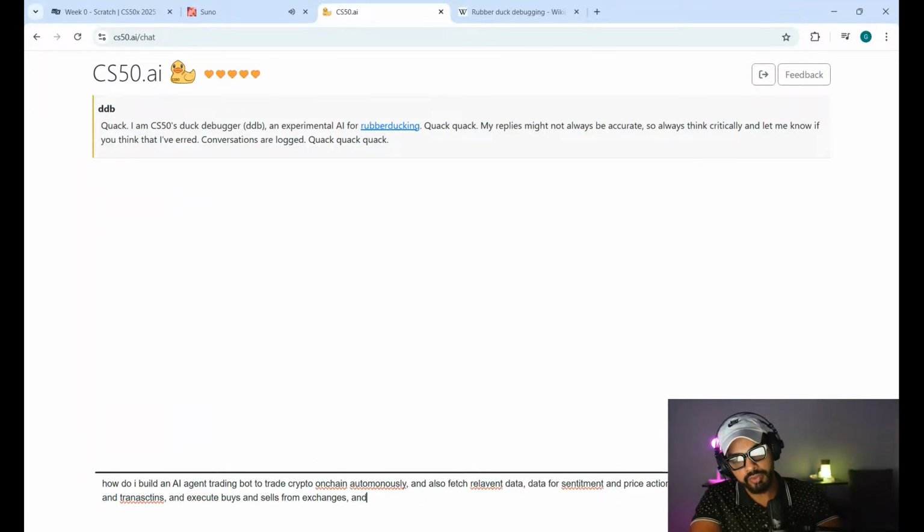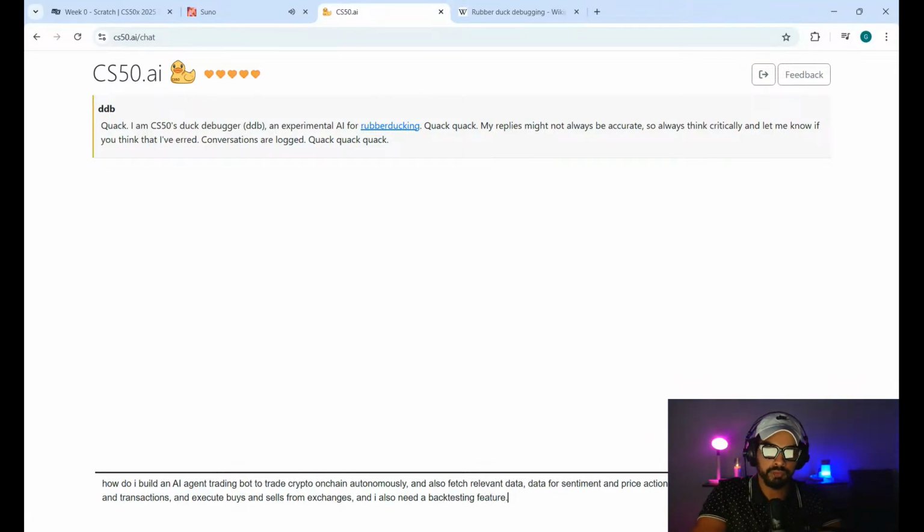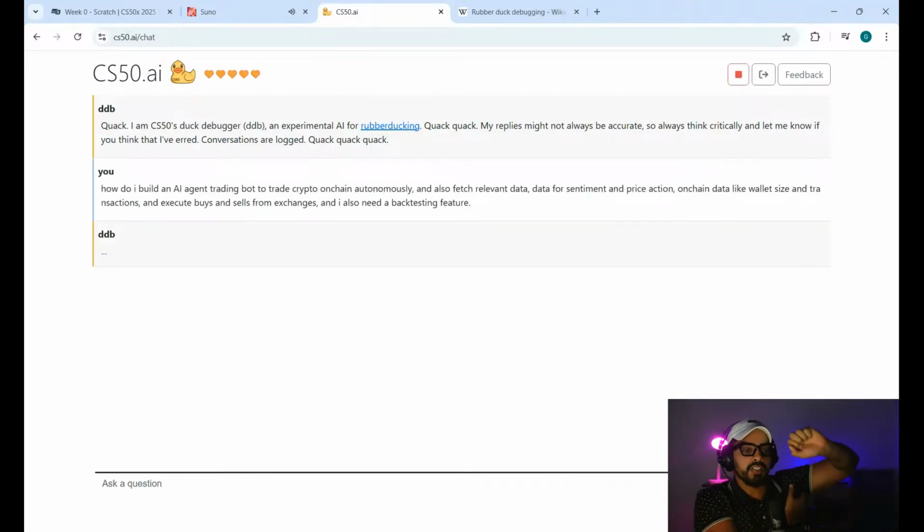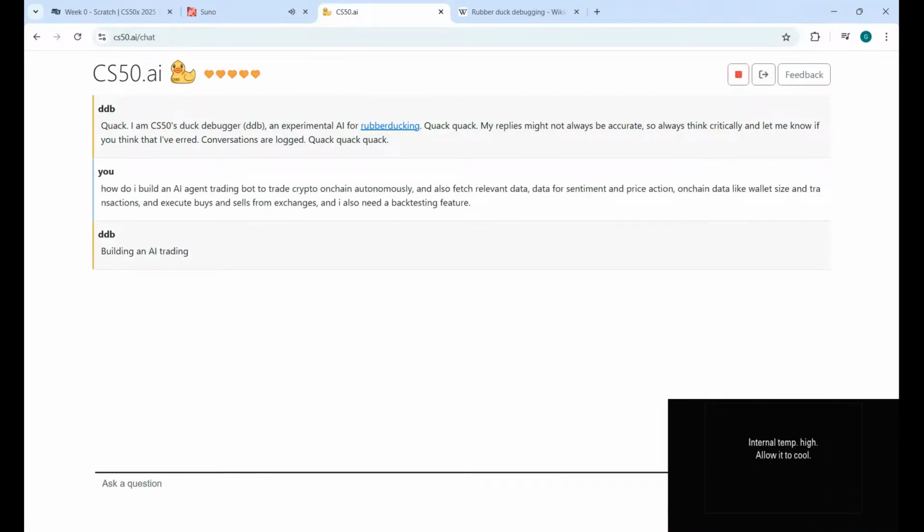And what else did I want? I also need a backtesting feature. This ain't really debugging, but